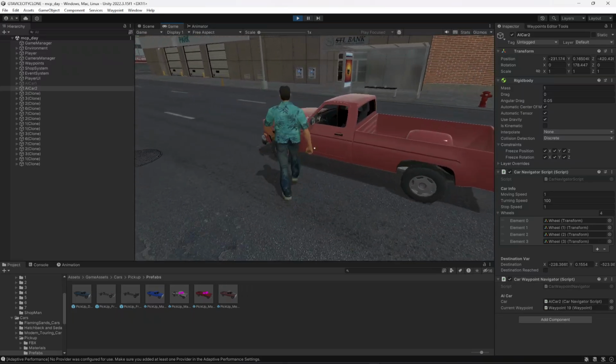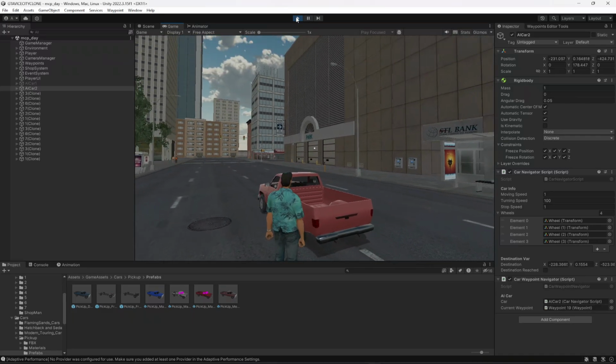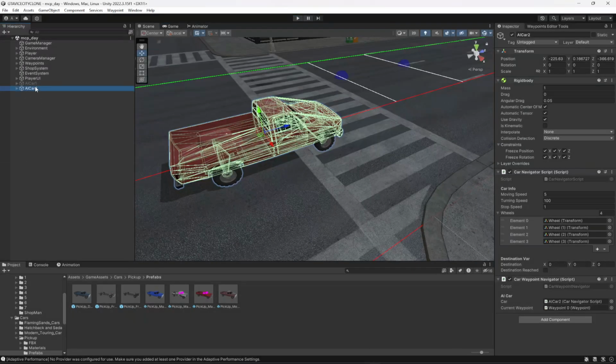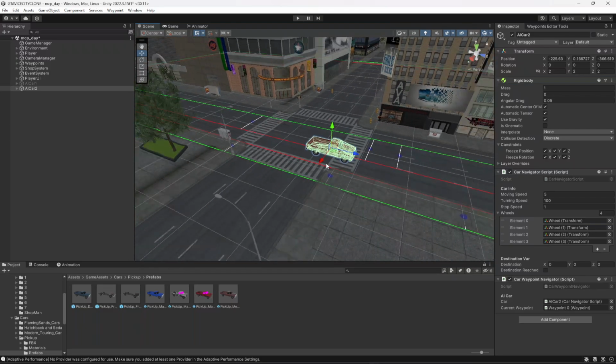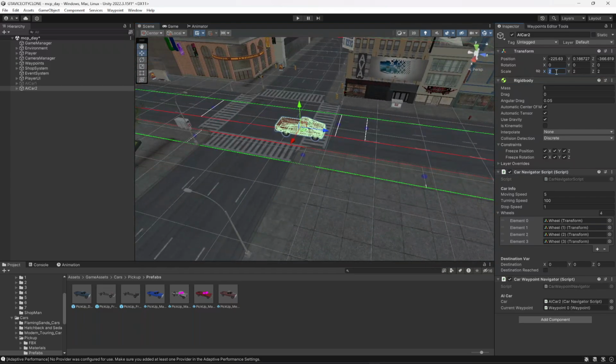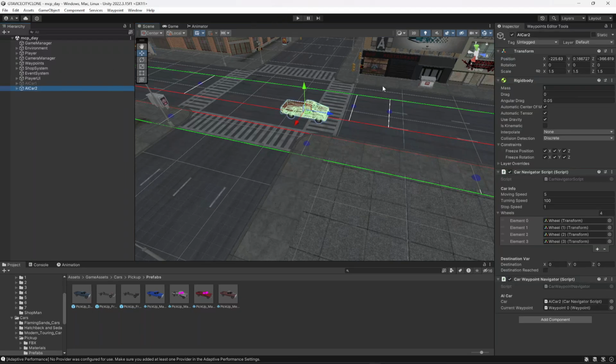We need to increase this pickup truck size a little bit because it is really small. So select it, make it for example 2, but that will be really huge, make it 1.5. Okay, now if we test it out,